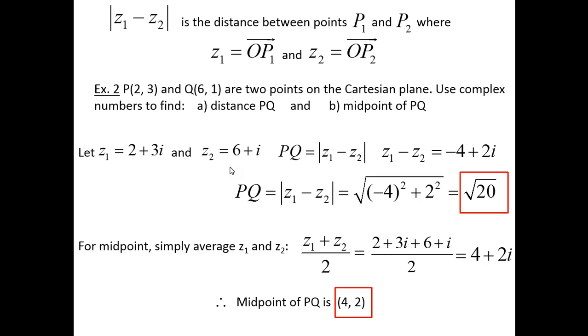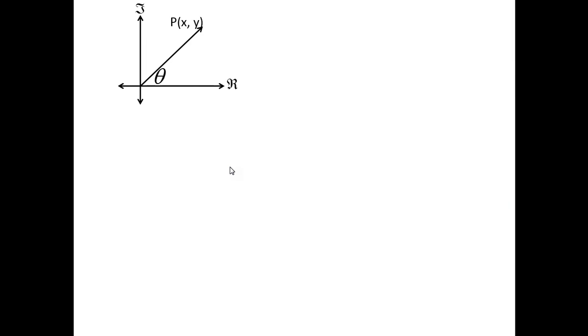Okay, so this next section is new, but it ties into some of what we did in the last semester when we talked about polar. We're going to use a lot of polar, actually, when we work with these problems. So let's suppose we've got a complex number that stops at point (x, y), and it's in the first quadrant the way I've drawn it. The complex number z equals x plus iy, and the angle theta that z makes with the positive real axis,